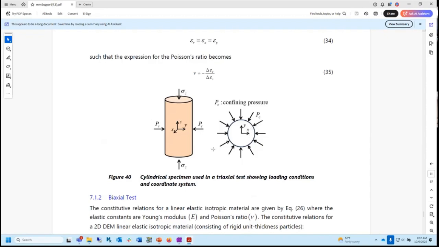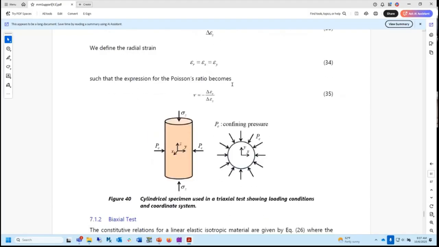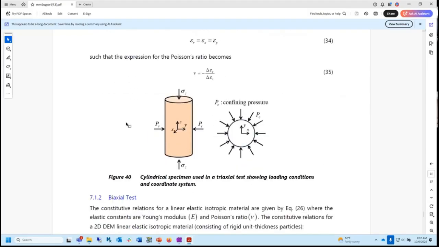This is what we talked about. This is a triaxial test. For those boundary conditions, what are those boundary initial conditions? All the direct stresses are equal to the confinement. Think about it. If I'm squeezing it with hydraulic fluid, then to be in equilibrium I also take the platen and push it down so that everybody is the same. PC is the same everywhere. So those are the initial conditions.